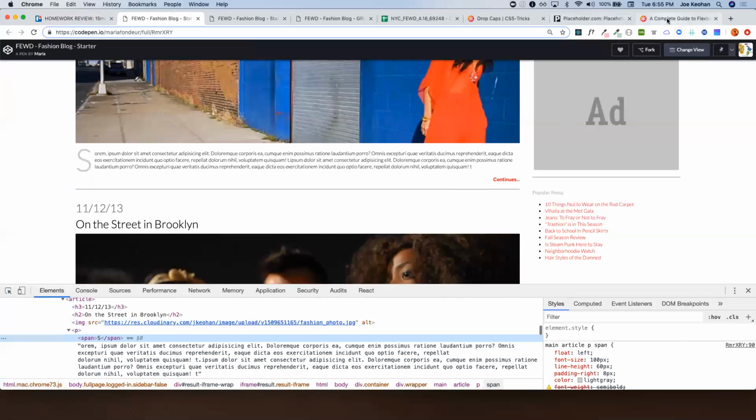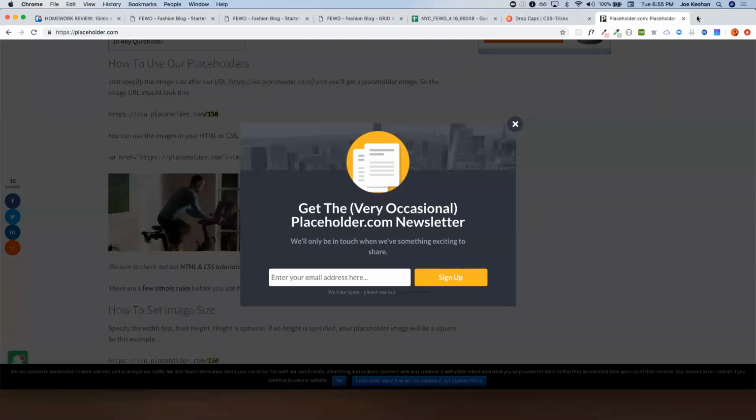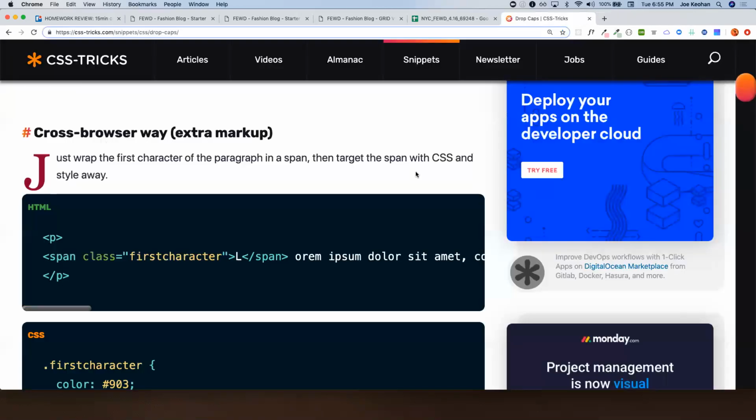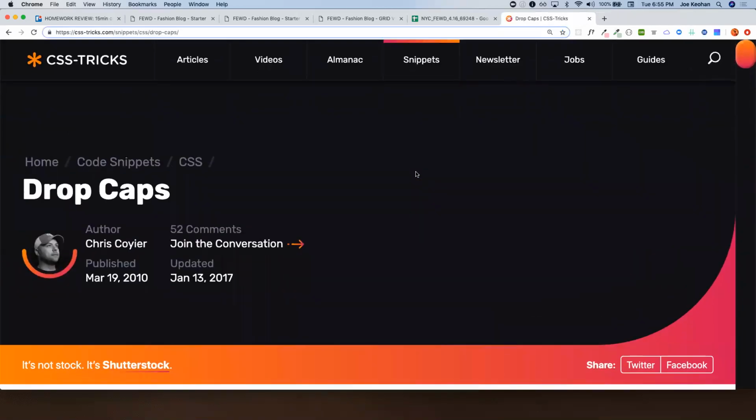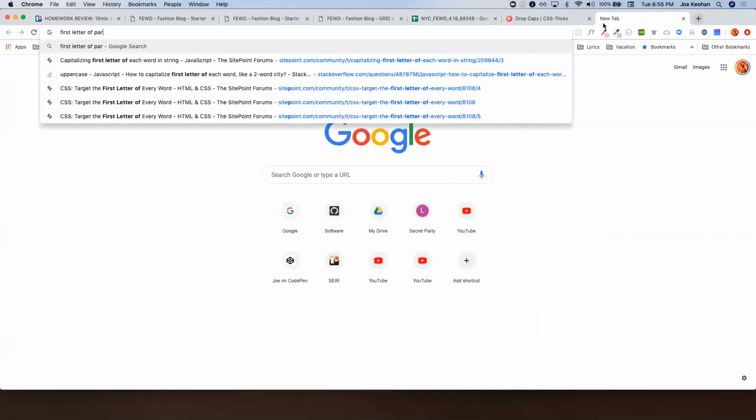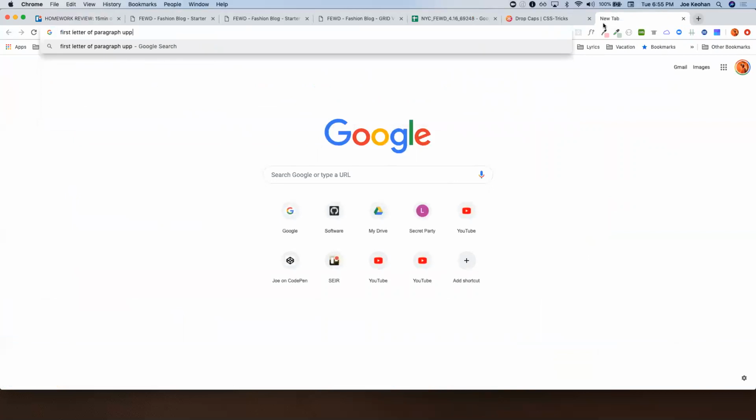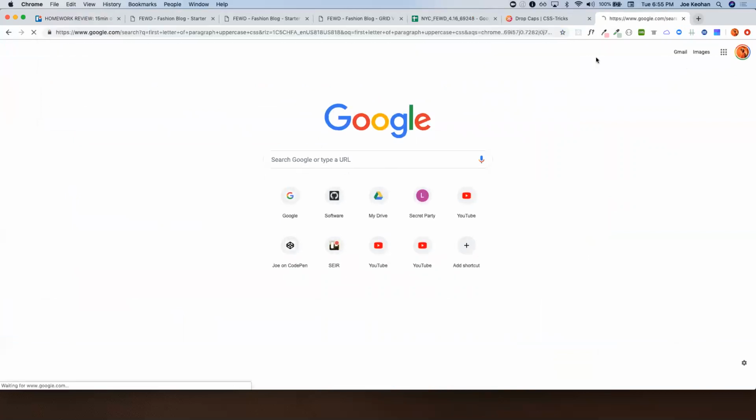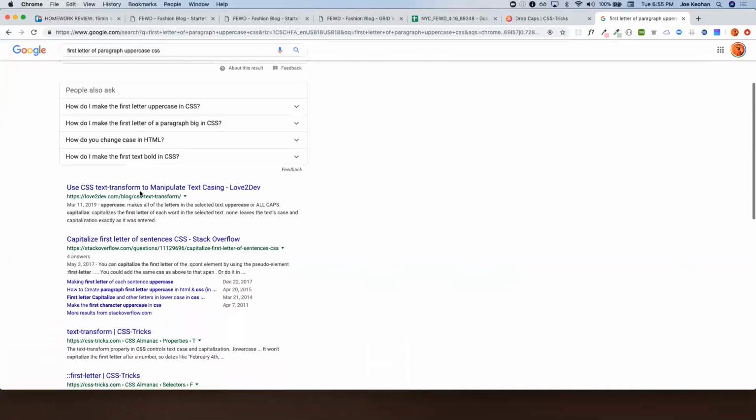So we were talking about that before class, and that in itself is called a drop cap. As part of the design, it was really: can you get grid, can you get flexbox, can you get the image, can you do all that? And then this was just icing on the cake. And if you just Googled first letter of paragraph uppercase CSS, you're going to go to text-transform, manipulate, capitalize the first letter of sentences in CSS, Stack Overflow